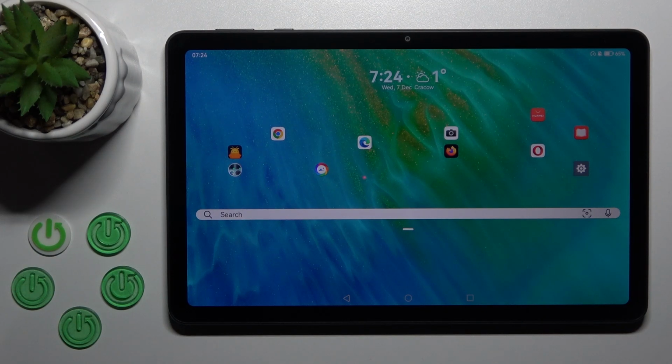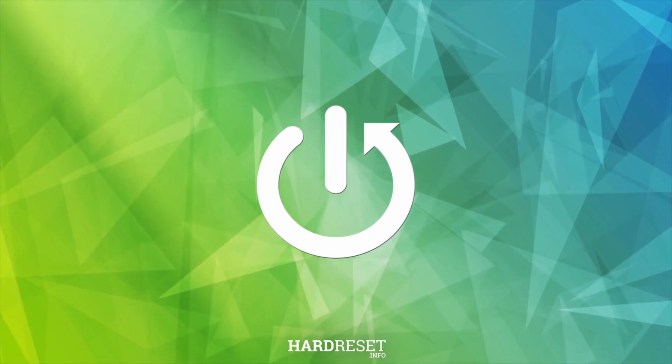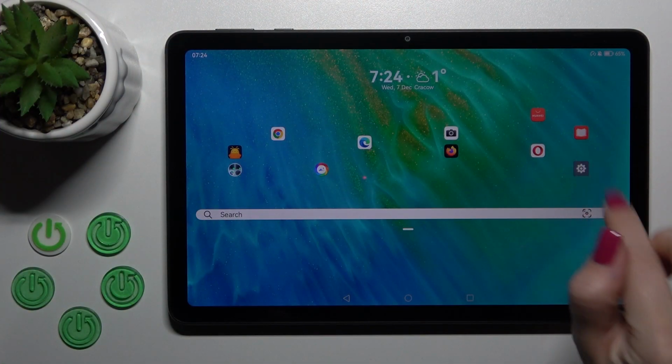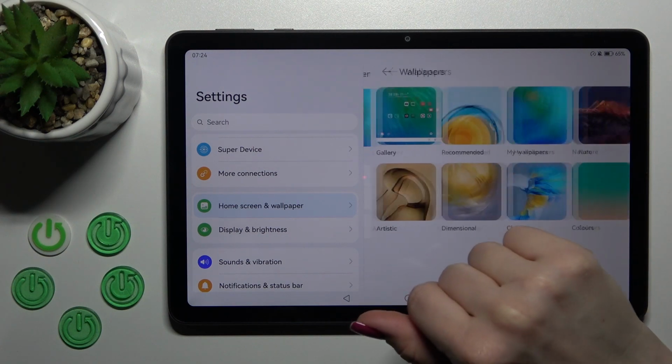Hi, today I'm showing the Huawei MatePad SE and I'll show you how to change lock screen wallpaper on this device. So first we should open the settings application and then tap the home screen and wallpaper, then click the wallpaper